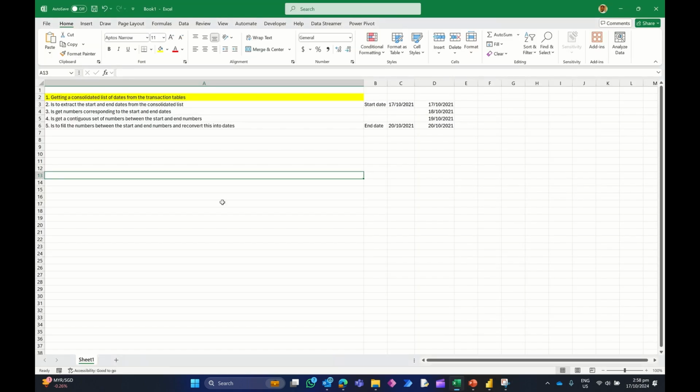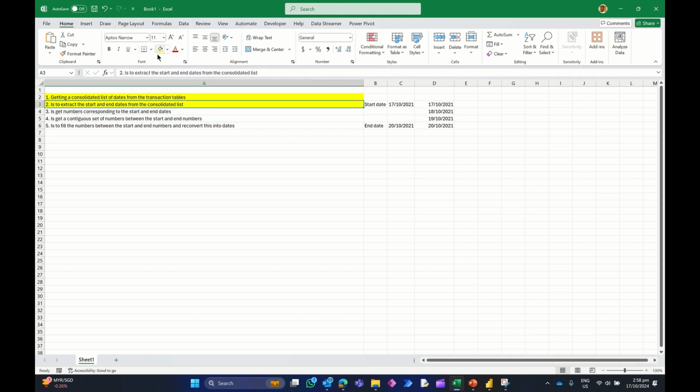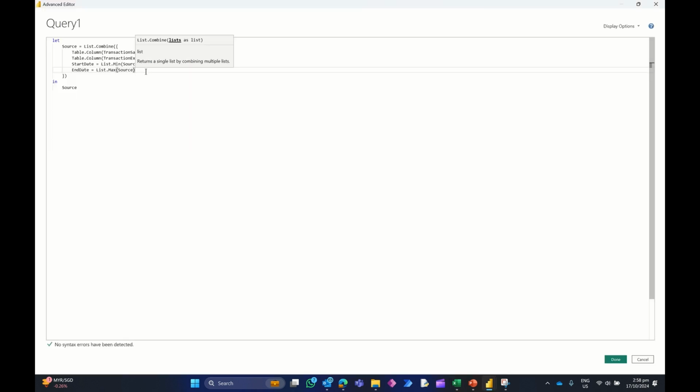Once I've been able to extract the start and end dates, the second step here, these three steps of actually getting the numbers from the start and end dates and then the contiguous numbers and then reconversion, I'm going to do this in one go, right? So I'm going to say comma, and then I'm going to call a variable dates list and set it equal to a list. This is a list of numbers,